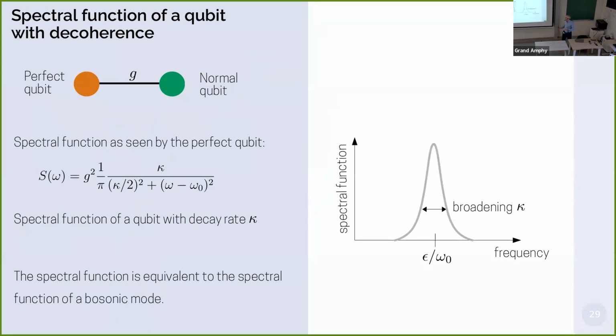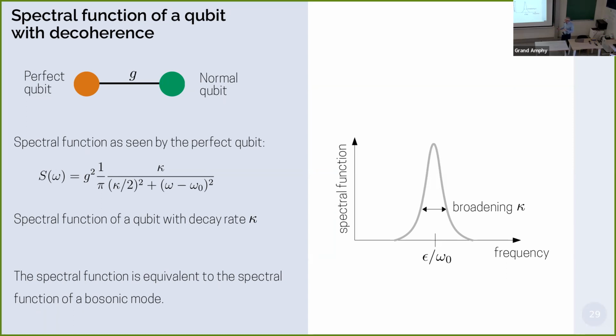So now what do we do? Let's say we have this good qubit, and we couple it by turning on a 2 qubit gate or something. But let's now consider static coupling. We just couple it to a normal qubit. What does that mean? This perfect qubit sees in some sense an environment caused by this normal qubit, and the